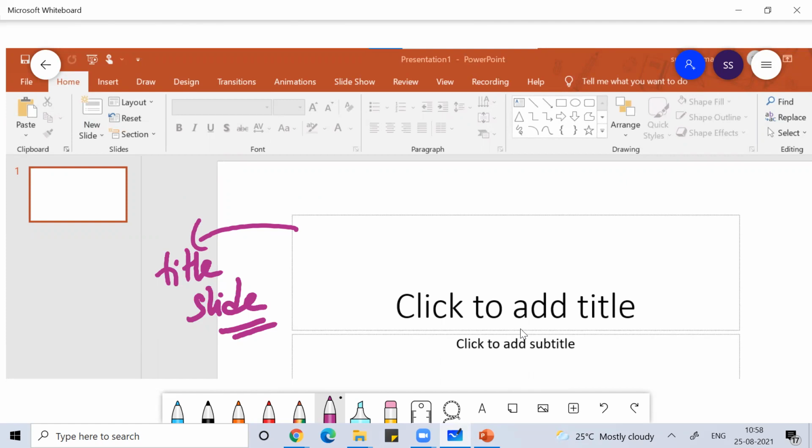PowerPoint makes a lot of sense when we want to present data in the form of graphs, tables, and different pictorial representations. We can even include videos and audios for the presentation.